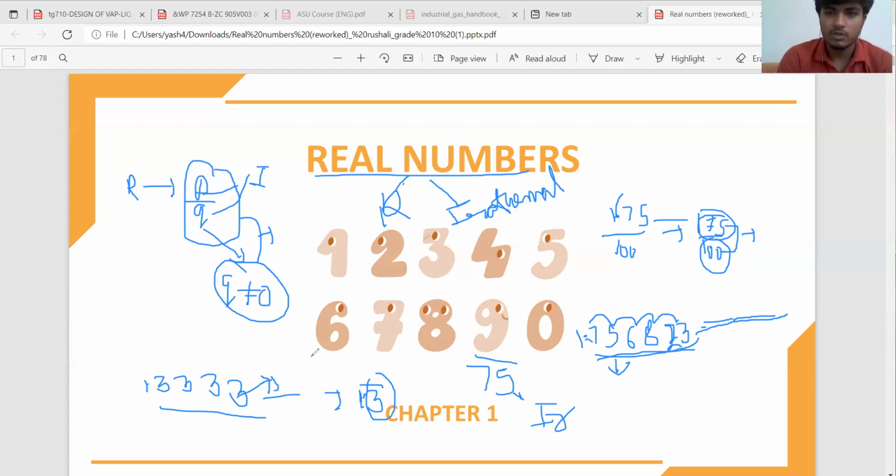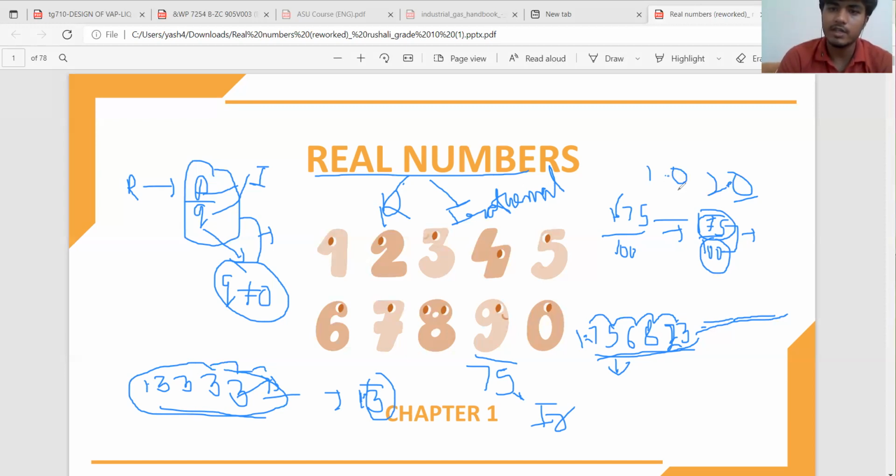Now I am going to give you some class 9 questions and examples. First of all, we know what rational numbers are, what irrational numbers are, and what integers are. Integers are basically those numbers which have zero in the decimal place. If we have a number like 1.0, this is an integer. We have a number 2.0, this is an integer. When our decimal place is zero, we can say this is an integer. It can be positive, it can be negative.